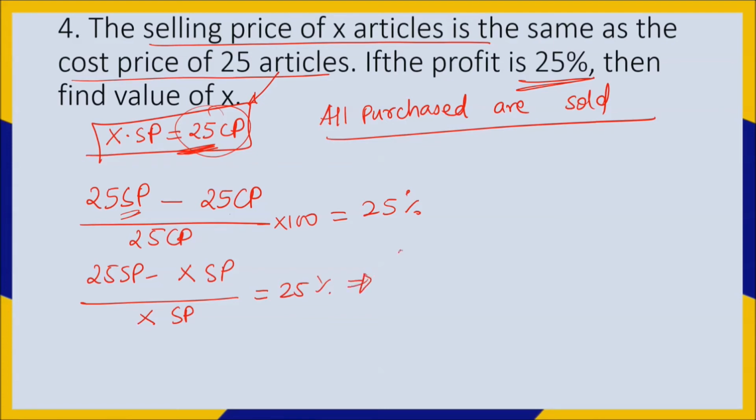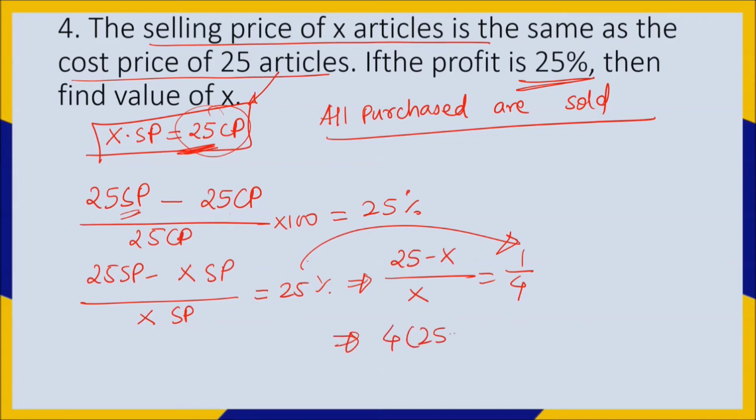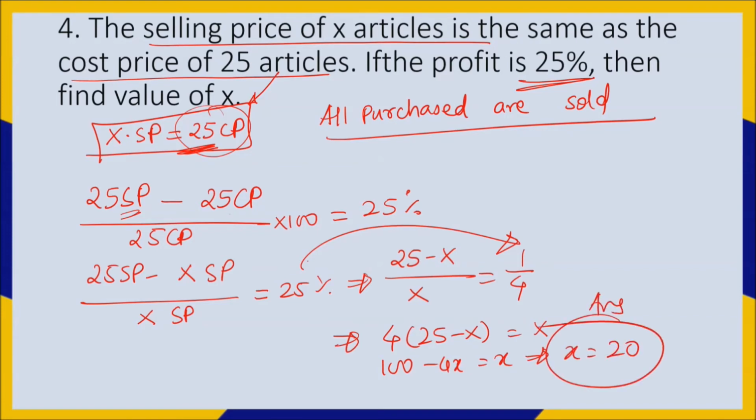Now here it is easy, that is 25 minus x upon x is equal to 1 by 4. 25% को हम 1 by 4 लिख सकते हैं and therefore this is easy. So this is 4 into 25 minus x is equal to x. So 100 minus 4x is equal to x and therefore you can say x is equal to 20. This is the answer, okay. I'm sure आप सब लोग अच्छे से इसको समझ पा रहे हैं, ठीक है।